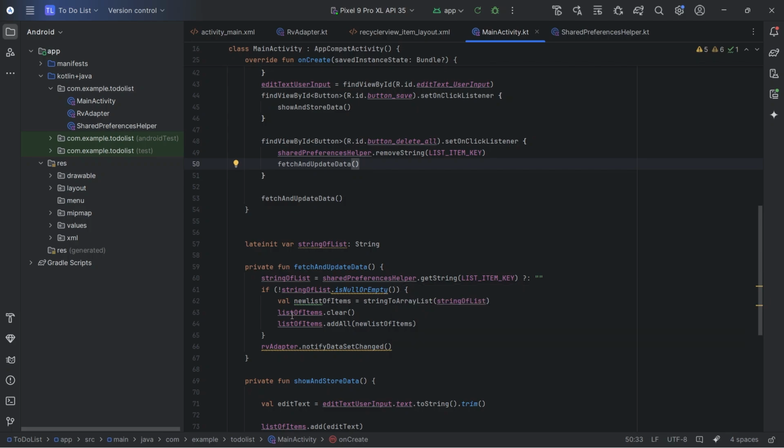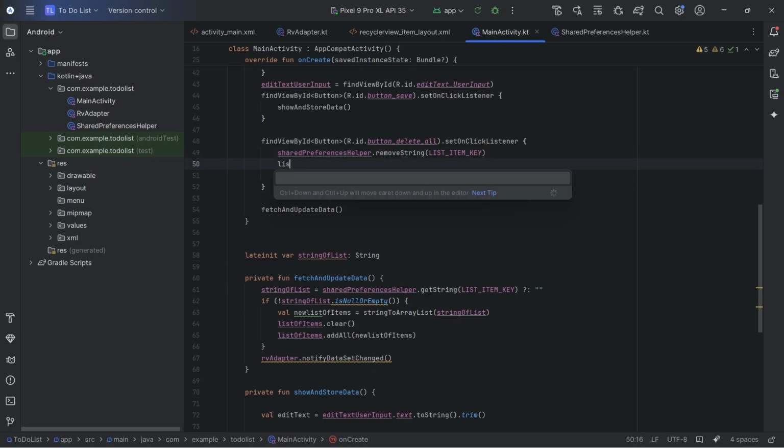If there is data in shared preference, then it's gonna execute these lines of code in which it is converting and clearing the current list of items. Okay, and nothing else. Here we need to add one line of code, that is list of items